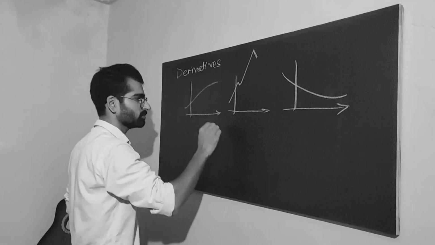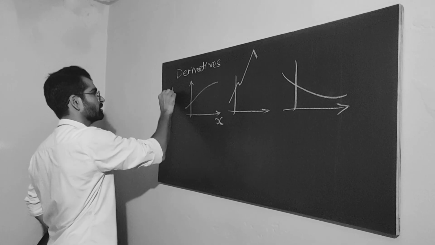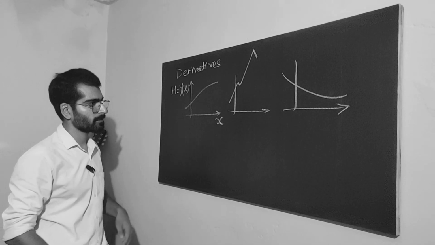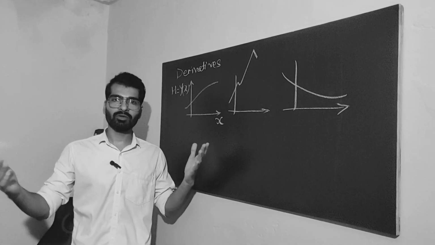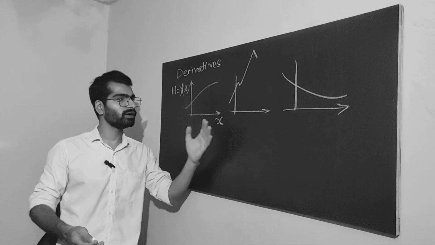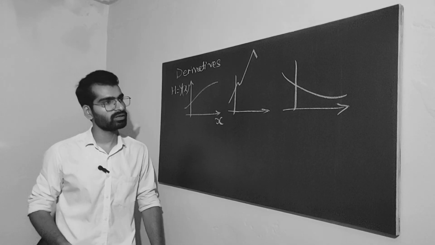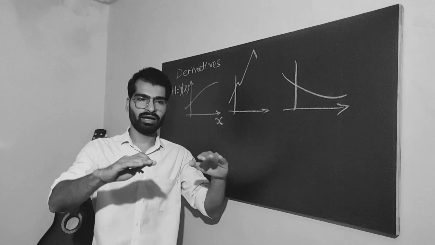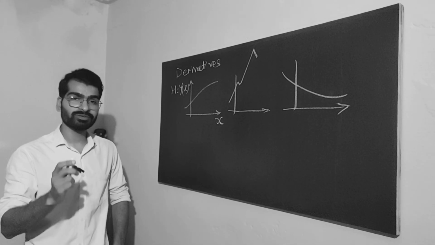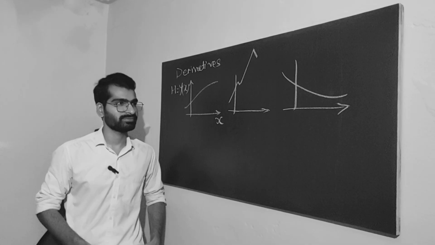I will call this my x direction, the horizontal distance. And this one defines the height of all these mountains, y of x. And what I am looking for is, as I track on these mountains, I want to know how quickly I am climbing up as I move in the x direction, or maybe how slowly I am coming down as I move ahead. That's what I want to know.